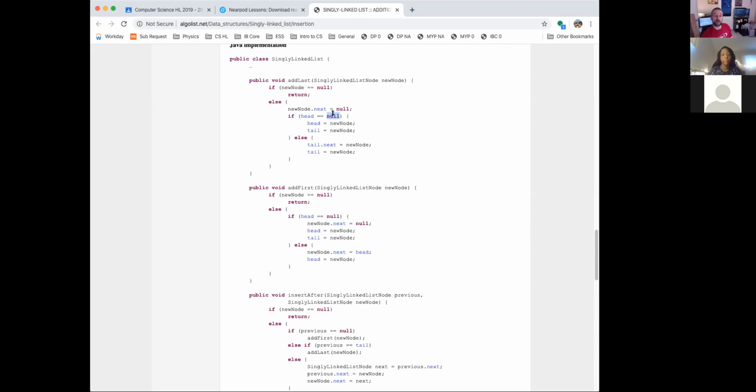So that means we are adding this to the linked list, and it's the only member of the linked list. So the head pointer and the tail pointer will be set to this new node. In the case that there are members of the linked list right now, that's where this else comes into play,